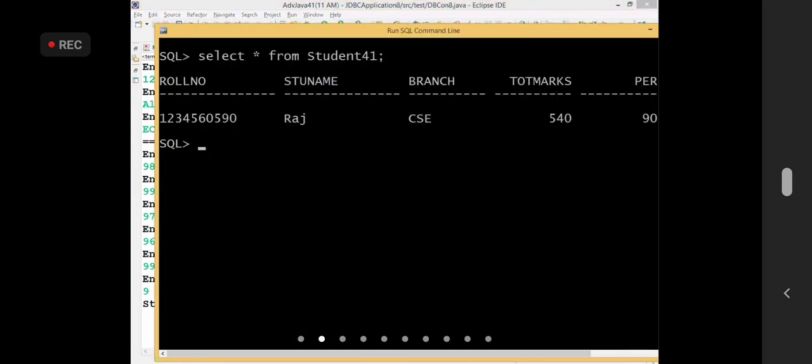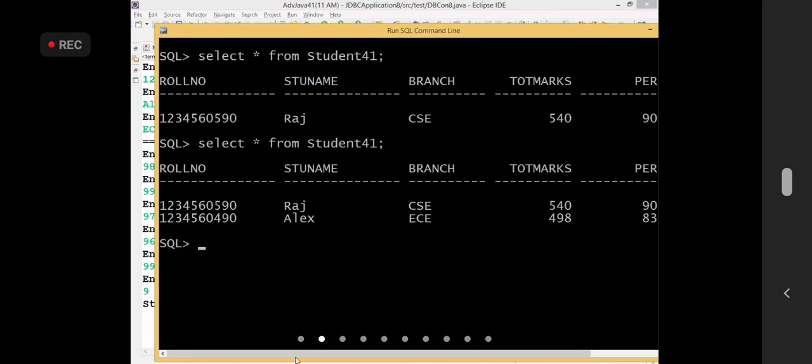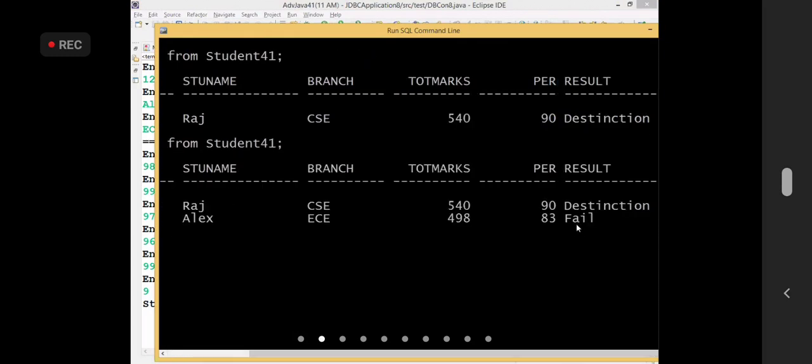Now Alex should be failed. See there. Can you see fail? His result is fail. Even he had a total marks 498, percentage 83. He got fail now. Understood this point now? All of you got it? So just the output what you are seeing in the core Java, you are inserting into one database table. That only concept. That only I asked you to do the assignment.